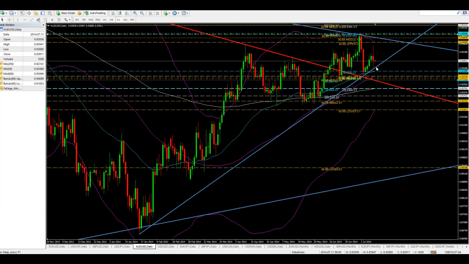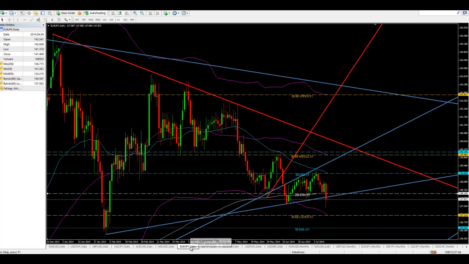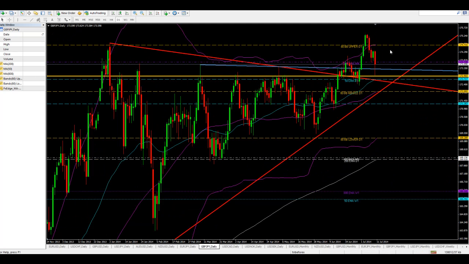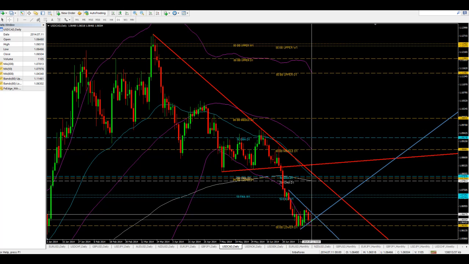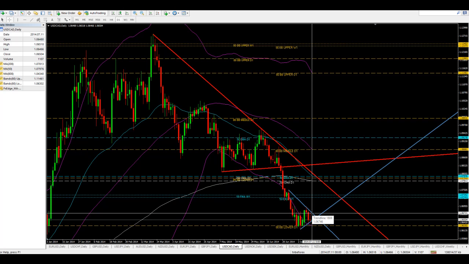Aussie dollar, I'm looking for it to sell down to 93.63, and then I'm looking for a bounce, a buy off of 93.63 up. New Zealand dollar, I'm looking for a sell off of current levels down to 87.75 in that vicinity, and also down to 87.50. Euro yen, I'm looking for a sell, as I just said, 137.98, sell off of 137.98 down. Pound yen, I'm also looking for a sell off of 173.71. And dollar CAD, last of all, we've got a buy potential from current levels, 1.0650. It's not a lot of pips, but up to 1.0672.